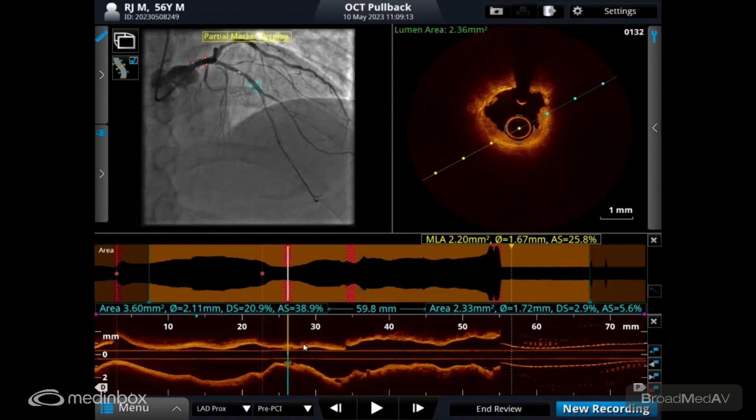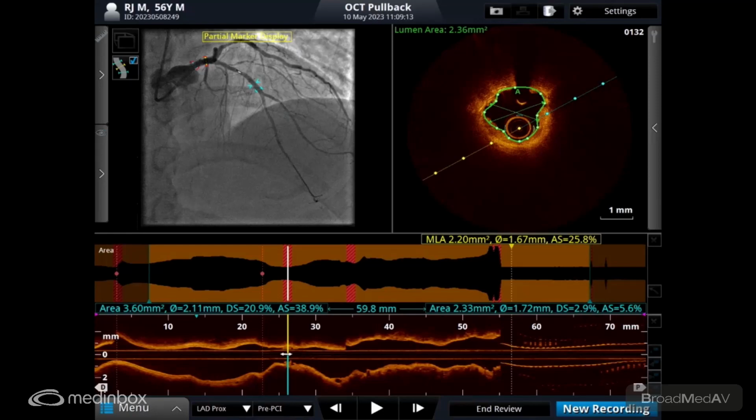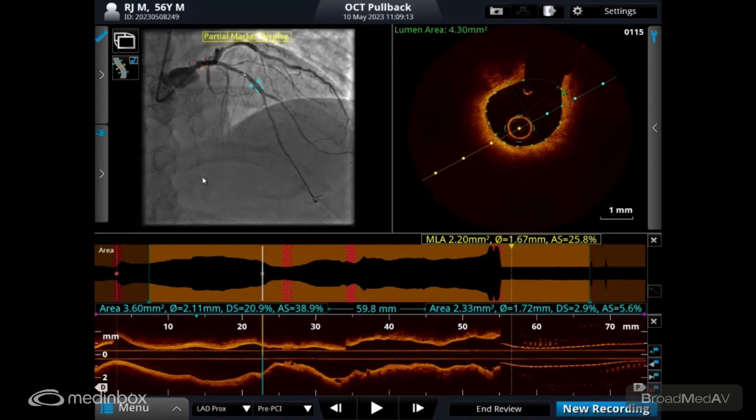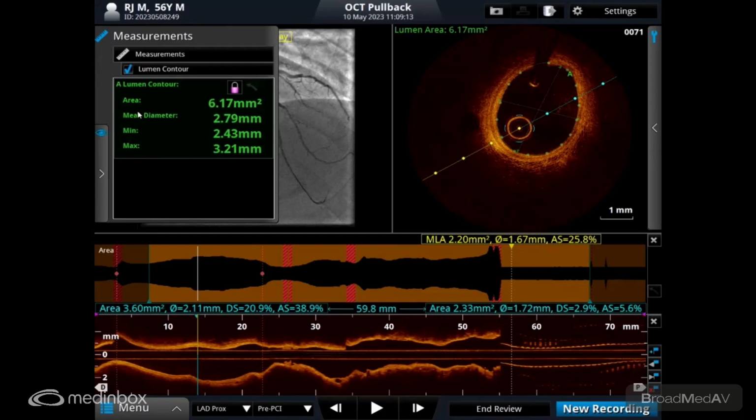So, of course, it may be a sort of little rupture. The minimum areas are 1.7 mean diameter, and the max is around 1.8, with the distal vessel size being reasonably good. Can you come a little bit more? Yeah. So the lumen area is around 6, and the minimum area is 2.45 and is about 3, and the mean diameter is about 2.79. So probably we can take a 3 millimeter stent up to the distal portion of the